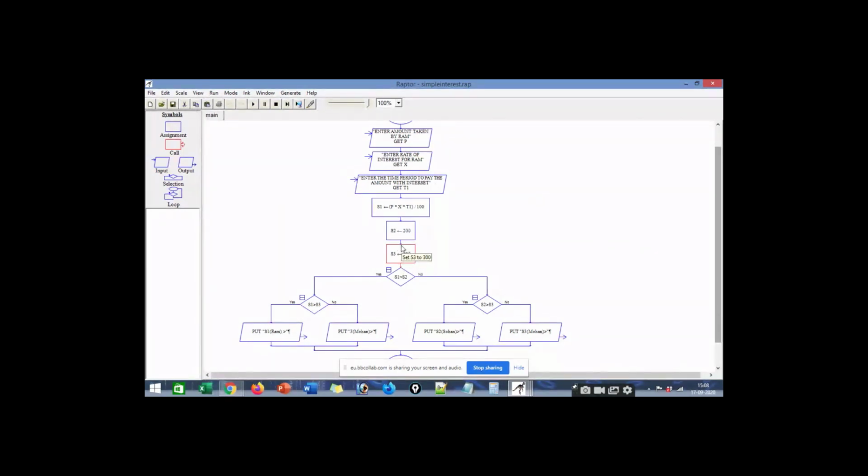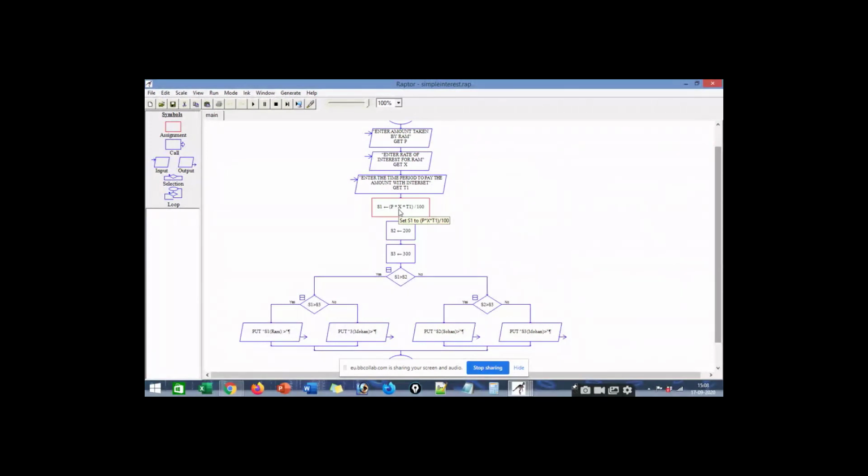So this is known as assignment, directly giving the values. This is also assignment, but in this S1 there is a formula: if the p value, x value, and t1 value are provided, then S1 will be calculated.